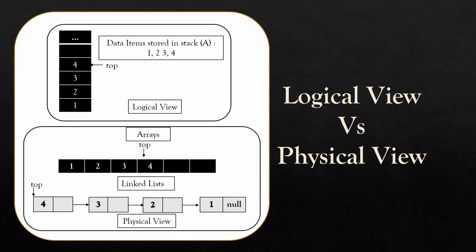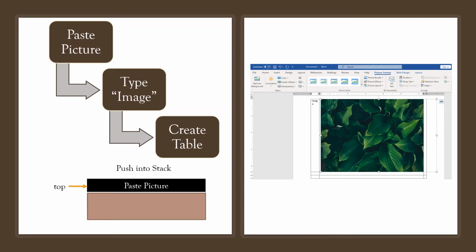When I say top points to 4 here, in the case of a linked list, it stores the address at which the element 4 is present. When top points to an element in the stack, it has information only about the top element that it is pointing to, and the remaining part of the stack looks like a black box to it. It has no idea about the number of elements that are present below the top, nor does it have the capability to access an element which is not pointed to by top.